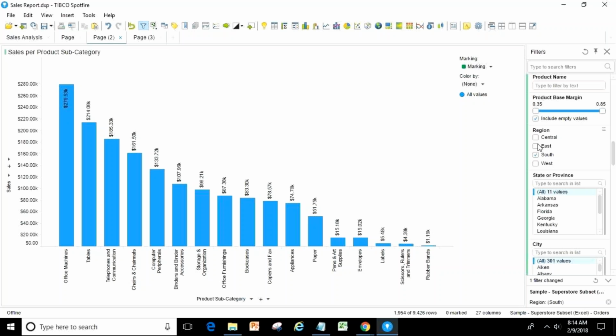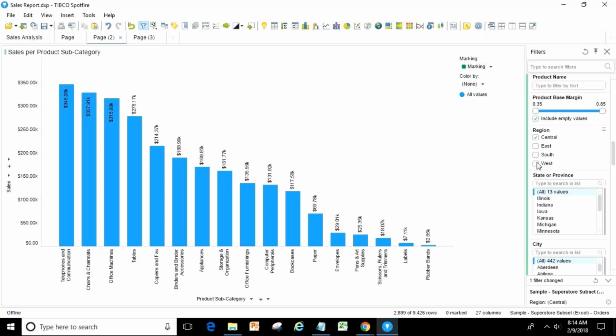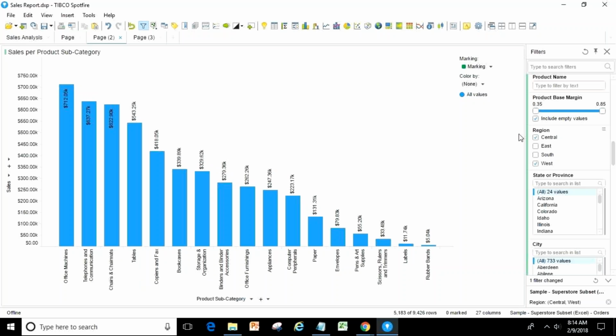But what if you want to see both the things together, central and east together, or central and west together? I have selected central and west, but I cannot compare the values, isn't it? Okay. I cannot compare the values. What you're getting is a sum of a combination of these two numbers, central and west.